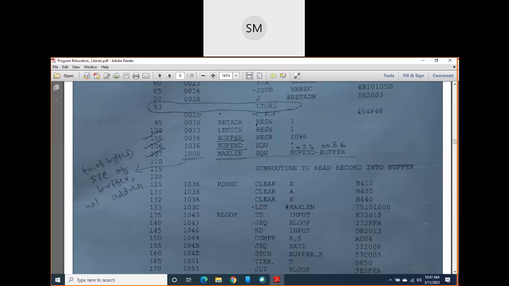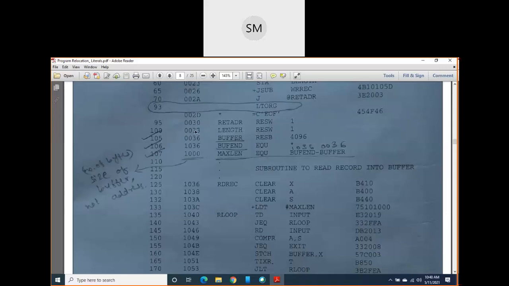So the next byte is 0033. If your program ends here and you write 0033, it is because RESW will reserve one word of memory, and one word is 3 bytes: 0030 plus 3 becomes 0033. So if your program ends here, then 0033 is a byte not used or assigned to any of the statements like LENGTH, RETADR.